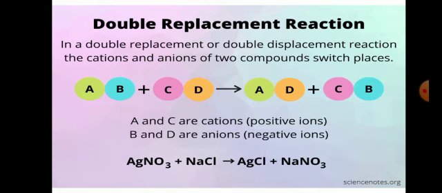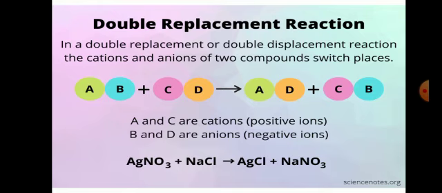Remember that we often call this double displacement reaction a DD reaction. Why do we call it a DD reaction? Because here double decomposition happens, that is, two times decomposition is happening. So another name that we use to refer to a double displacement or replacement reaction is double decomposition reaction.